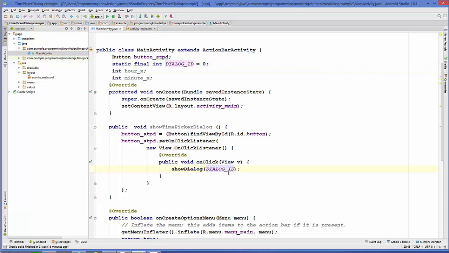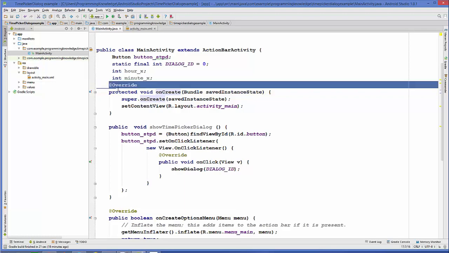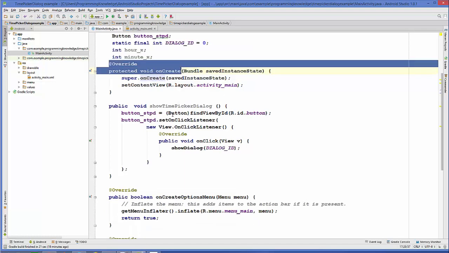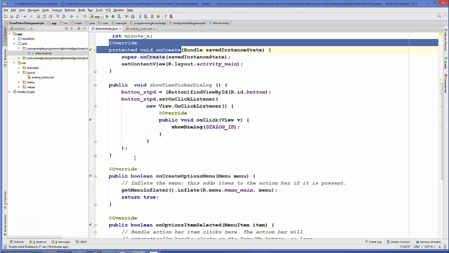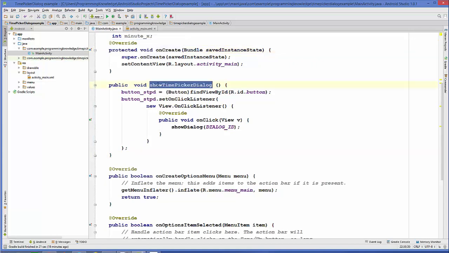Okay, now what we are going to do is we are going to call an inbuilt method like onCreate method. There is a method called onCreate dialog, similar to this onCreate method, which is a built-in method, right? So you can even copy this much amount of code from here, and what we are going to do is let's create this method above this show time picker dialog.